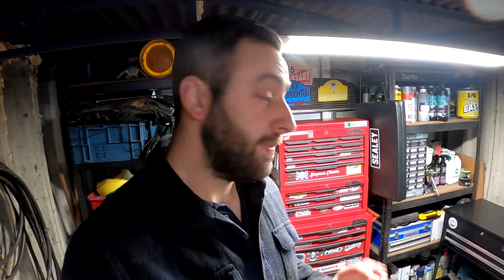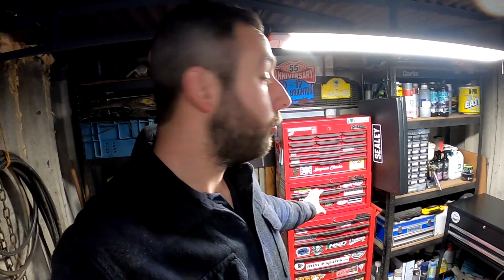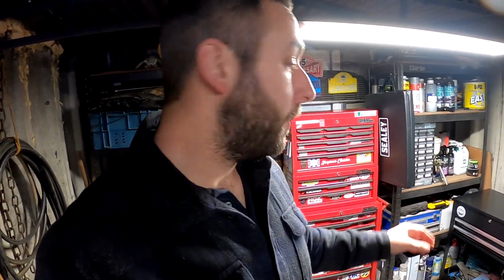I don't know if you find me quite a messy YouTuber, I'm not sure, but I personally want to be tidier, so I'm hoping that's going to please some of you guys, but it definitely pleases me knowing I've freed up some drawers in my roll cab as well, because it's only a small roll cab, and all my metal stuff, which basically I prefer doing all this kind of work anyway, is all in one nice box